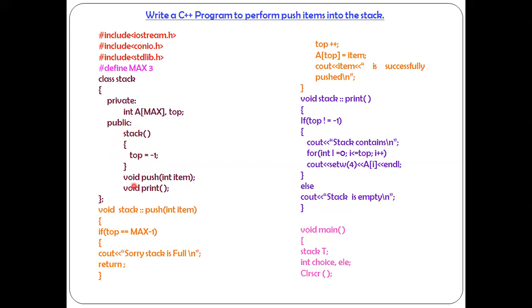And there are two member functions you can see here: void push(int item). Void is the return type specifier. Push is the function name. How many parameters are there? Only one parameter. What is the parameter name? Item, of integer type. The next one, void print member function. Two member functions were declared inside the class and they are going to be defined outside the class. The constructor member function was declared and defined inside the class. There they are initializing top equals -1.